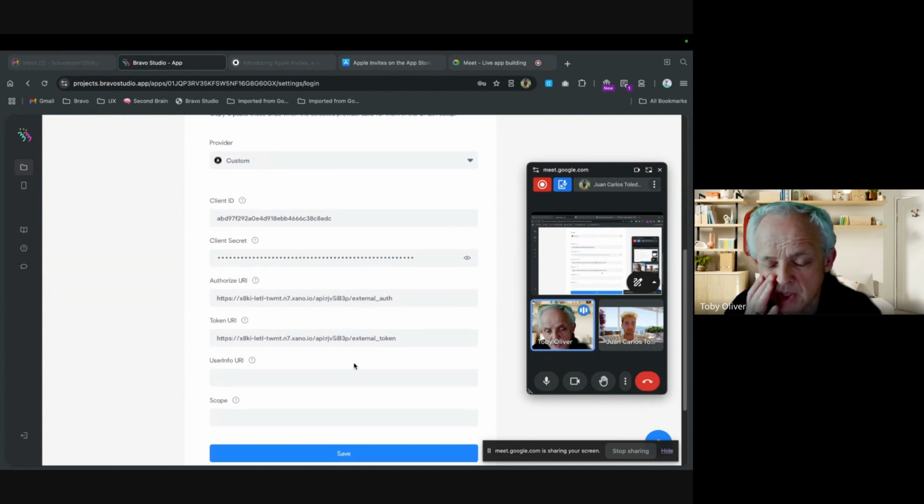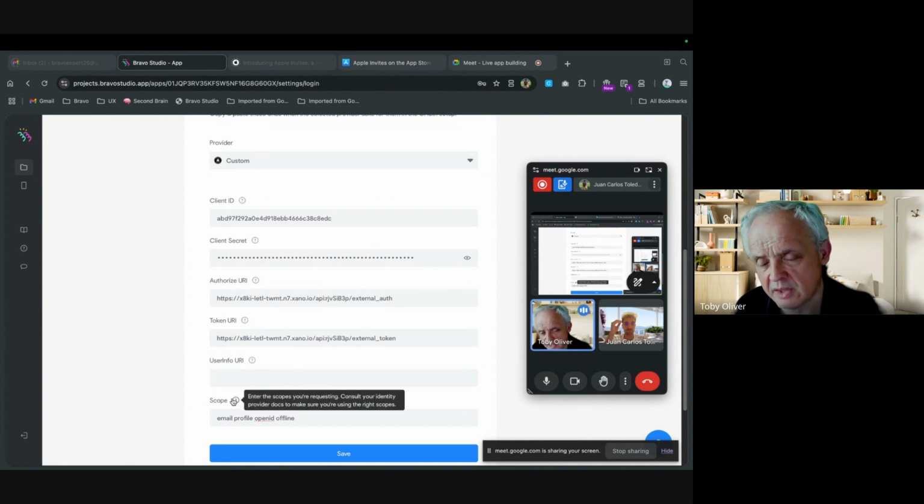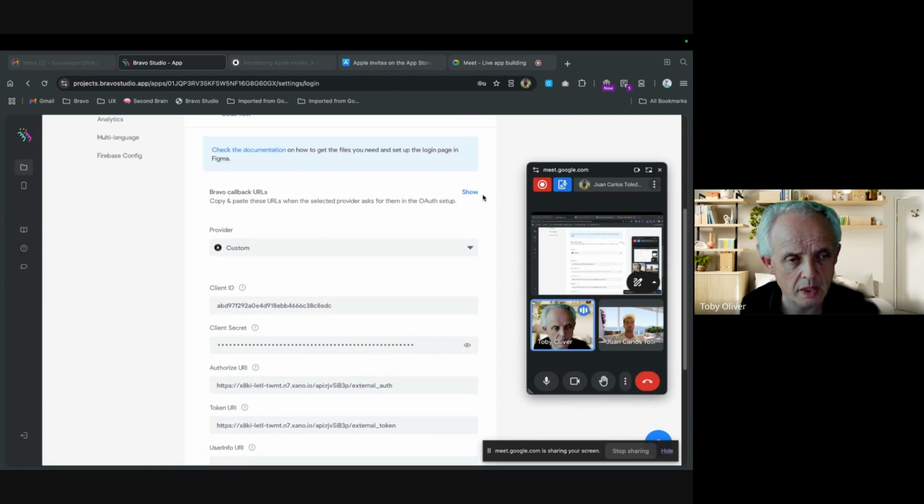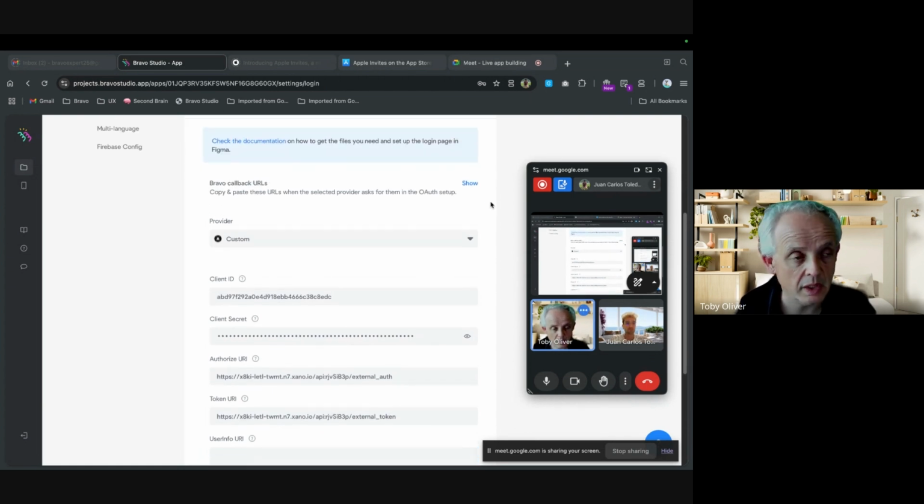For the scope, we need to have email, profile, OpenID, and offline. So basically, email and profile give you the email address, your profile image, your name, and then offline allows the refresh tokens to be used, so you don't need to keep logging in every single time. And just going to generate now the endpoint to get the auth,